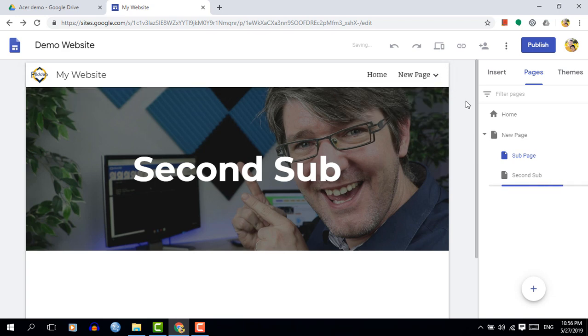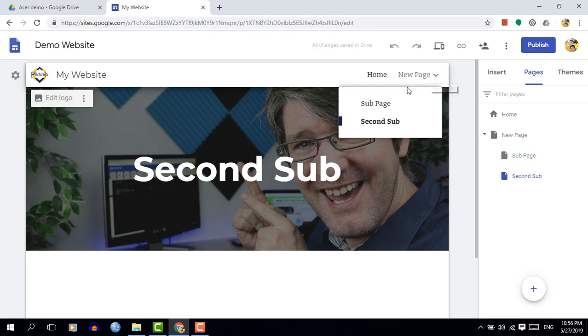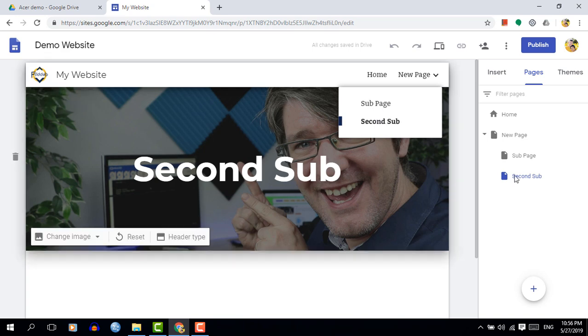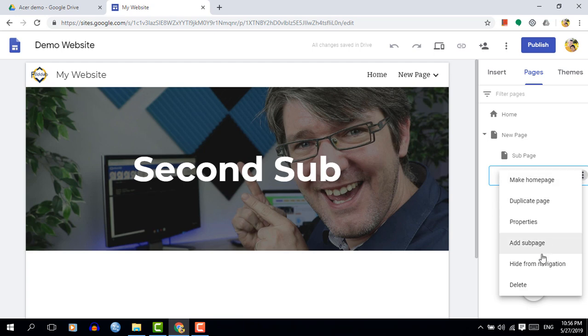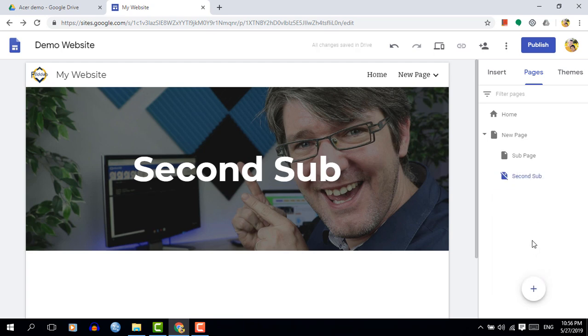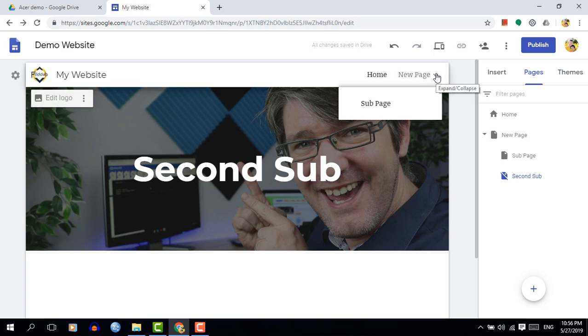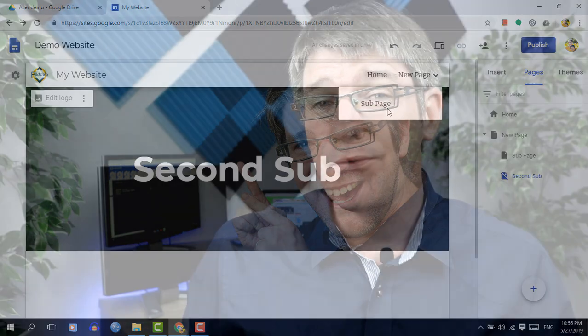Now let's say that you want to create a page, you want a link to that page, but you don't want the page in your menu bar. Simple, you can click on the three dots and you can hide this from your navigation. You can still link to it from outside sources or from on another page, but it will not appear in your menu. This is great for resource pages or even private pages that you'd like to share with some people,